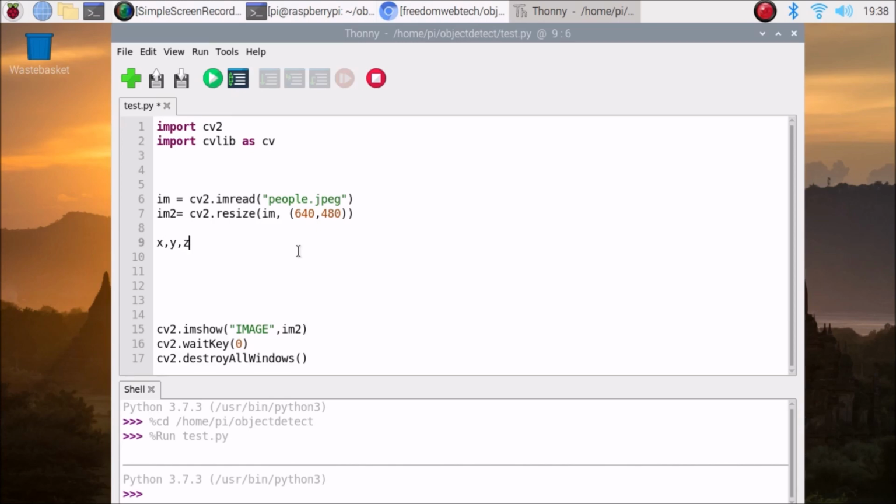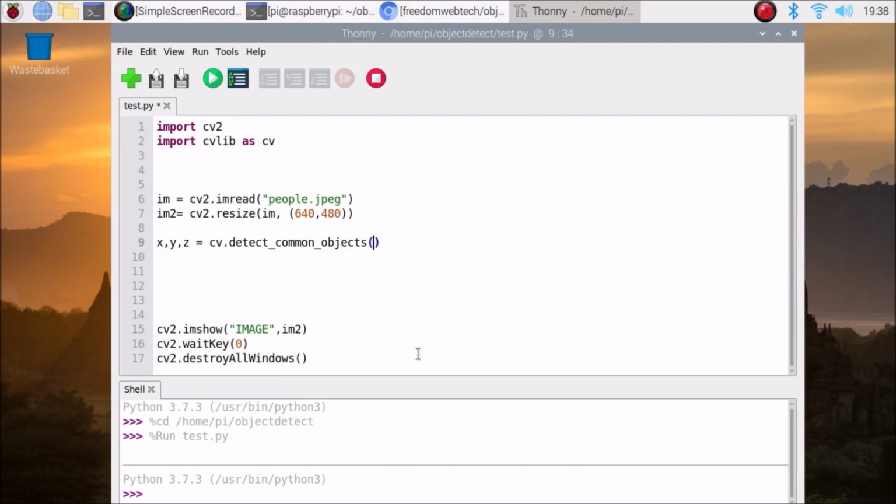So then x, y, z is equal to, we are going to use this cv method, because this cv is now cvlib. So cv.detect_common_objects, and inside that we are going to pass our image.